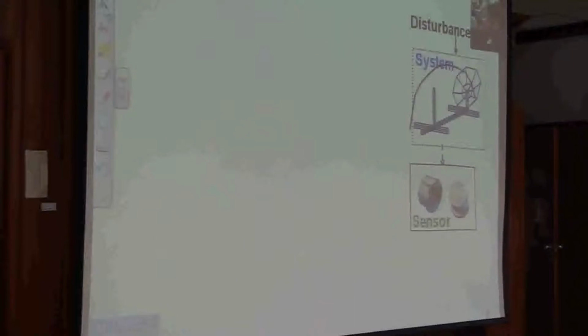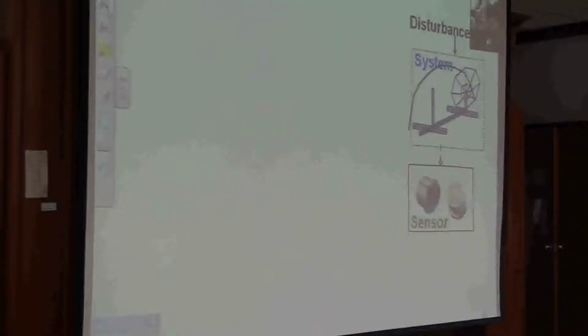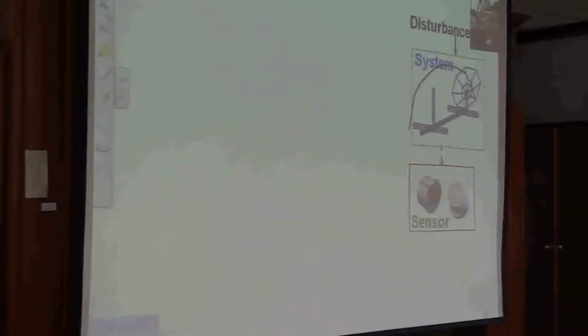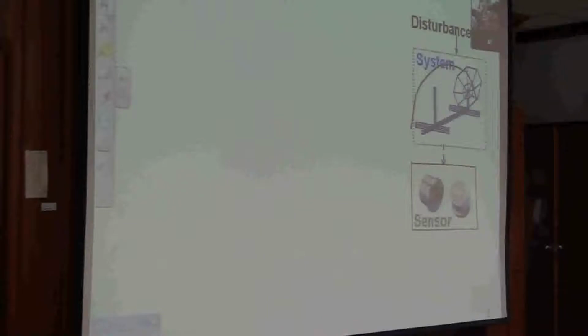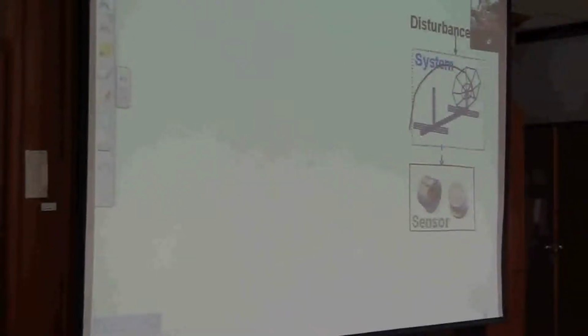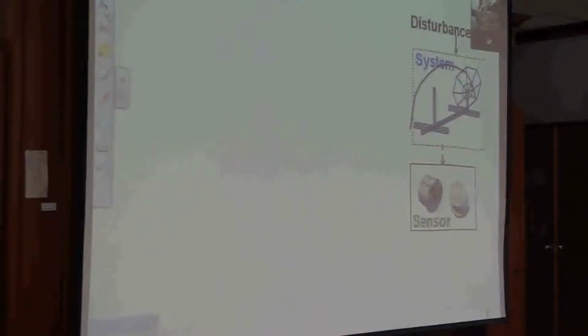What is the sensor? Are you familiar with this sensor? No? I think it's some kind of capacitor. Is that right? You should know more than I do, because, as I said, this is not... Okay, let's look at the next